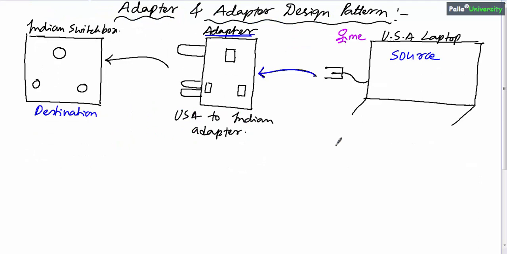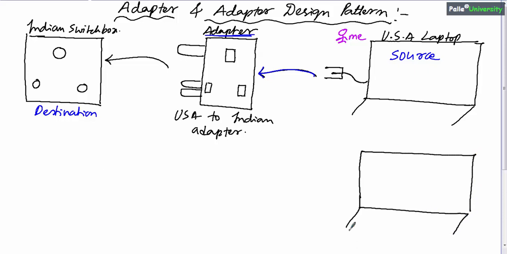Now imagine that my friend has purchased one more laptop from Germany which belongs to Europe continent. Generally European plug system will be different when compared to USA plug system, probably which may look like this. So this is European plug system which comes with one rounded corner middle pin and with two sharp edged pins which looks like this. Now tell me, can I use same adapter for this Germany laptop also?